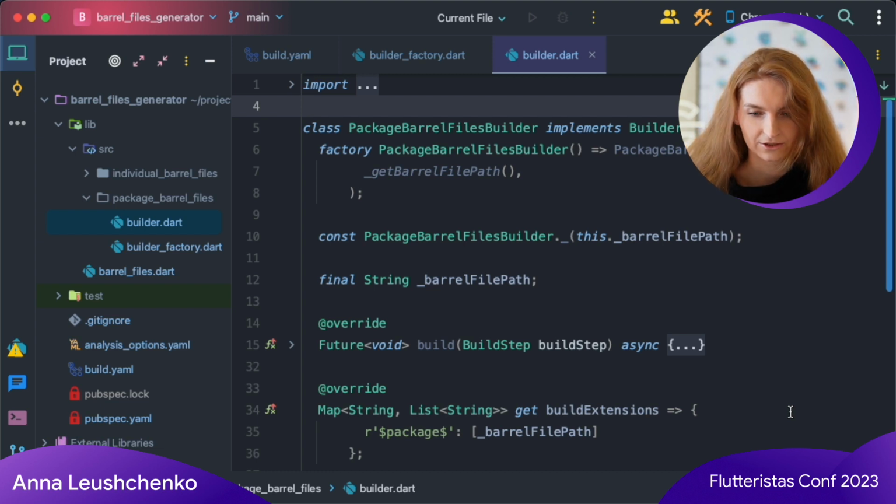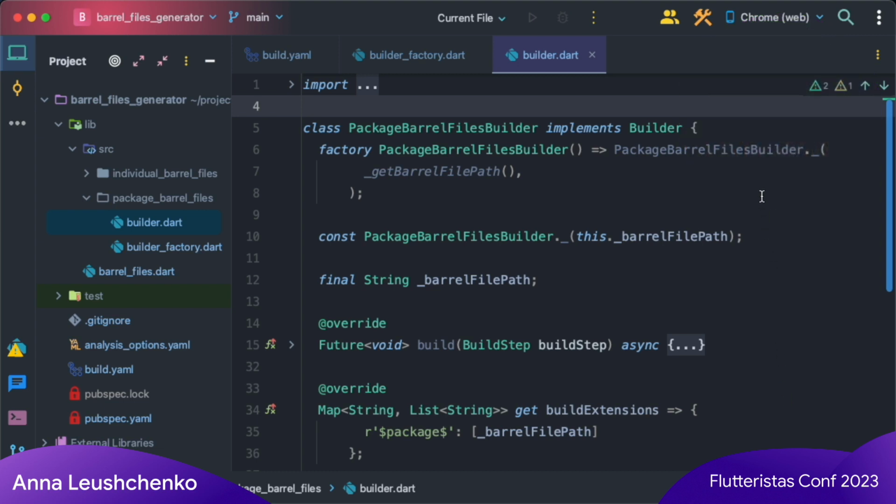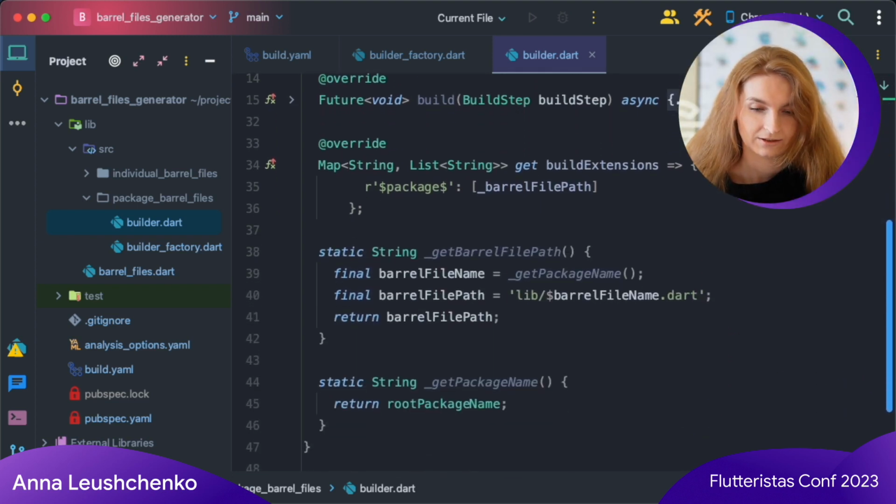Because build extensions method can be called multiple times, I decided to do that beforehand in the getBarrelFiles path function and cache it in the barrel file path field in the builder constructor. The final barrel file has to be located under the lib folder, and by default the file name has to match the name of the package.